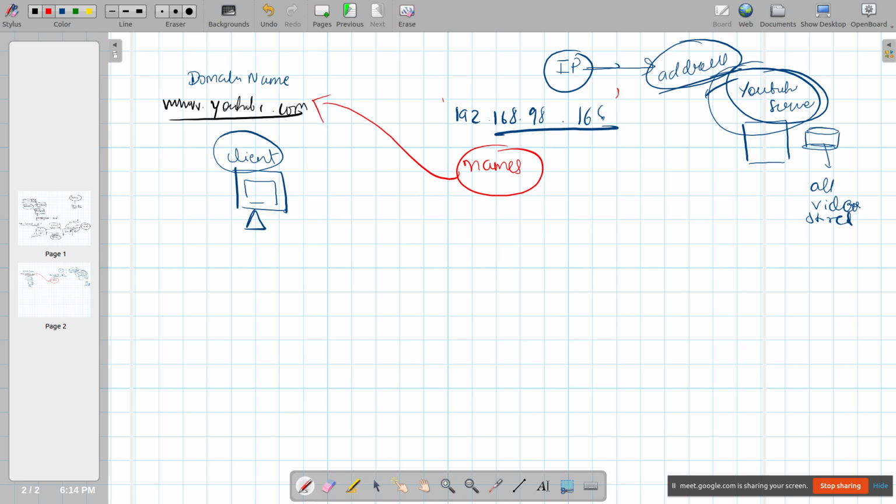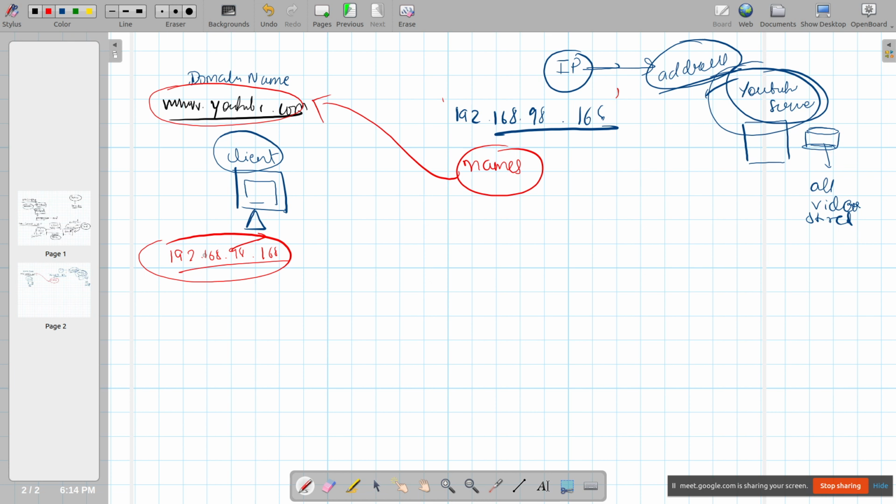So now it's very easy to type www.youtube.com, right? This whole thing is called the domain name. It was very difficult to type the IP address because you cannot remember it. The word YouTube you might remember, but the numbers you will not. If you type the IP address in the browser, then you will come to the YouTube server itself. No issues with that. You will go there itself.